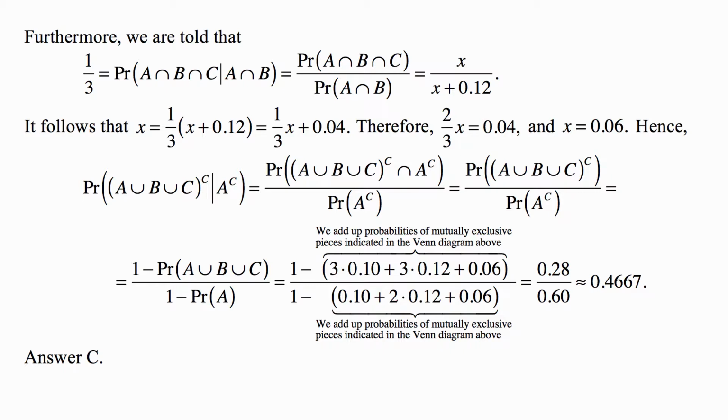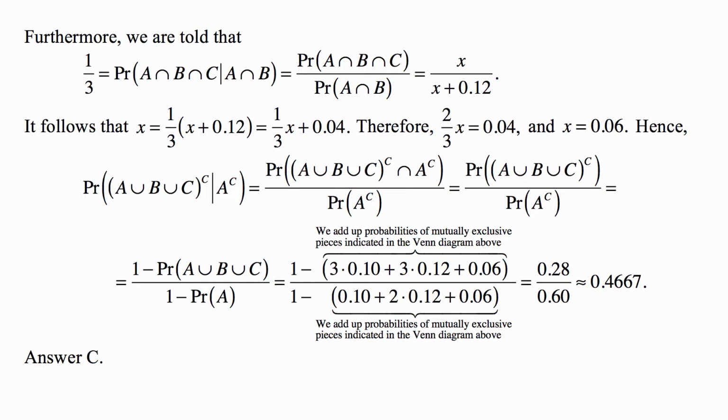Additionally, we are also told that 1/3 is equal to the probability of A intersection B intersection C, given A intersection B. By definition of a conditional probability, this is equal to the probability of A intersection B intersection C divided by the probability of A intersection B. But the top is X, by definition of X, and the bottom is X plus 0.12. From this we can solve for X, because 1/3 is equal to X over X plus 0.12, so we multiply both sides by X plus 0.12, and then from that 2/3 X is 0.04,